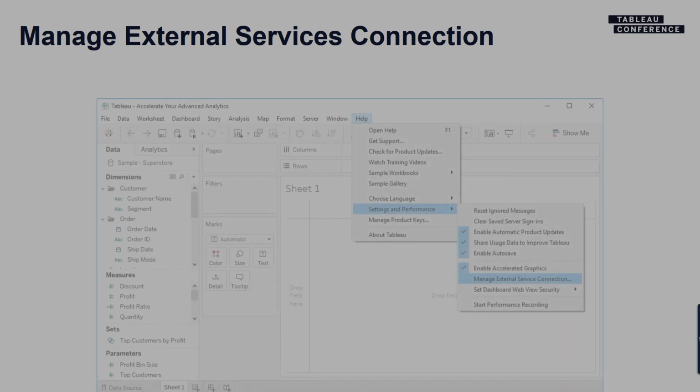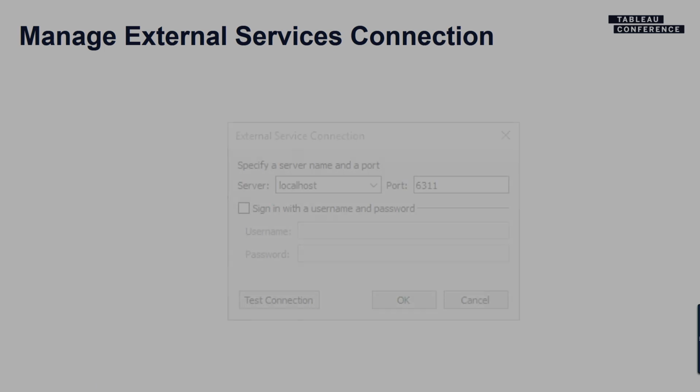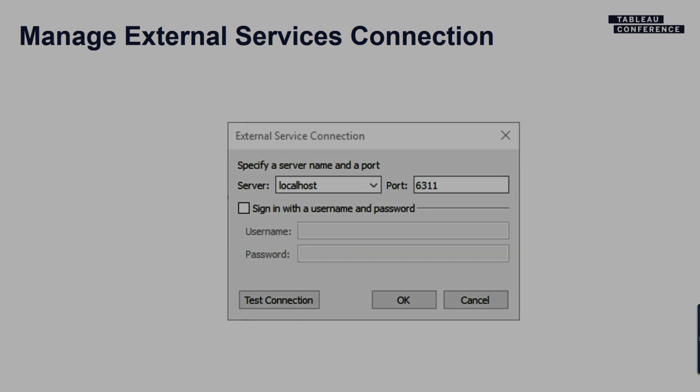So we have our scripts and we want to run them. How do we actually connect Tableau to that external service? Within Desktop, you just go into Help, Settings and Performance, and there's an option there that says Manage External Service Connection. A new text window will open up, and it will allow you to point Tableau towards the server